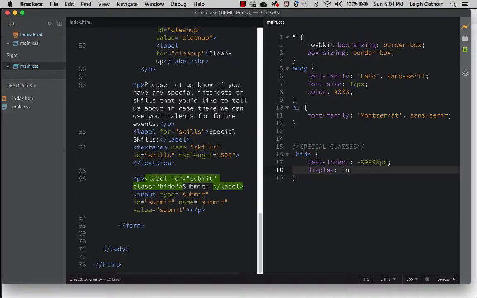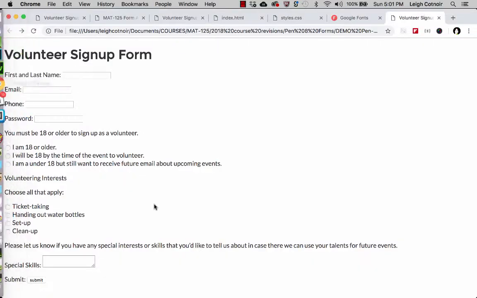Let's do inline block like that. And this will basically throw it off the page, but it'll still be available for screen reader. So save that. Let's jump back over here. Let's do a refresh. And you see that now it's visually off the page, but that submit button is still